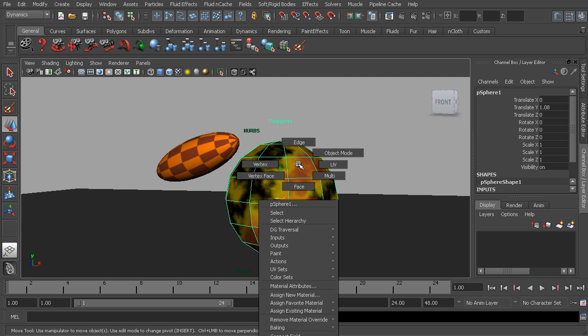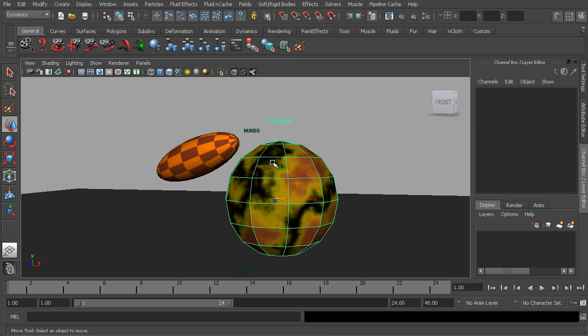So to get to any sort of an object component, what we do is just simply right-click on the geometry, press and hold the right mouse button, and again we get this little context menu that pops up. So this is where we can start to get to the different components that make up this surface. So let's say I jump to something like the vertex selection. There we go. You can see now my wireframe turns to sort of this little blue color, and I have these little pink